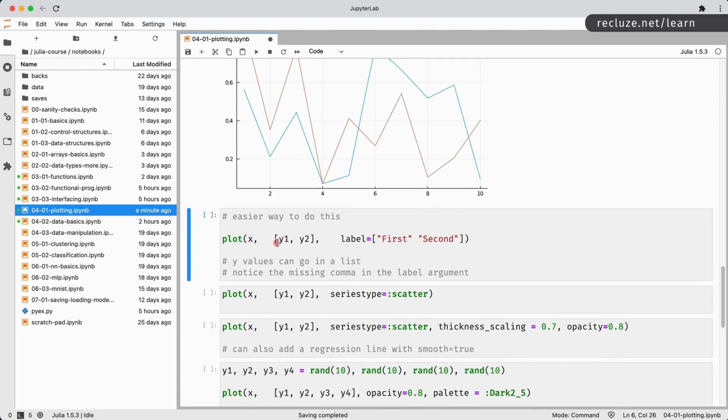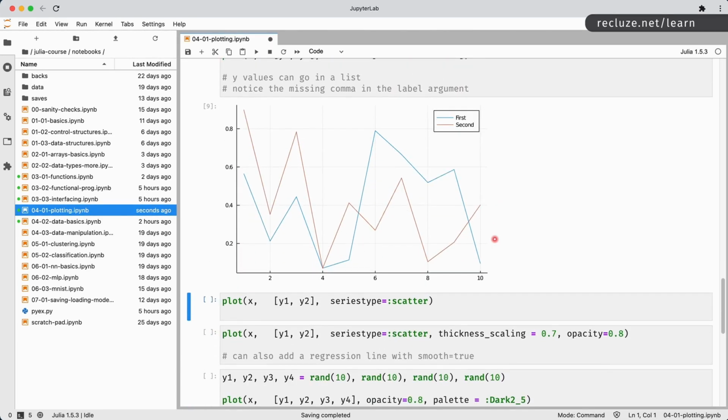You can say plot X, and for Y axis, you can give it a collection of elements, right? So two arrays, each holding the Y values that you want to plot, and you can give them both labels, which we are setting as first and second over here. And notice that there is no comma in between, right? So this is kind of a vector. And the reason for that is because typically when you're working with vectors, it's much easier, right? Obviously, Julia is still under development, so this might change, but this is as it stands at the moment. Okay, so we have the same plot over here.